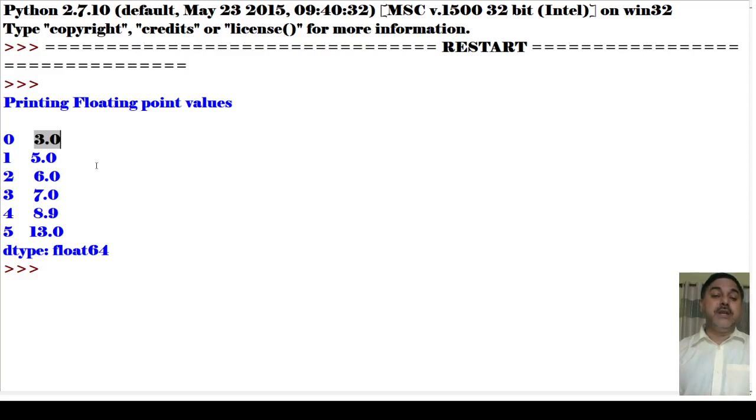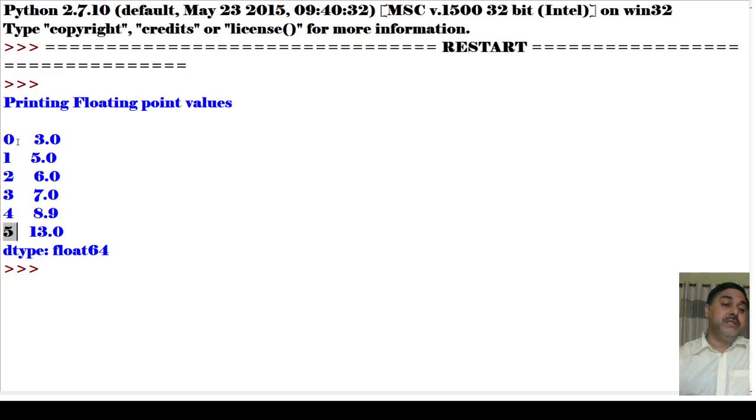So what is the data type? You see, the data type is float, it has been given there. Now one more thing you have noticed earlier also: those 0, 1, 2, 3, 4 and 5.